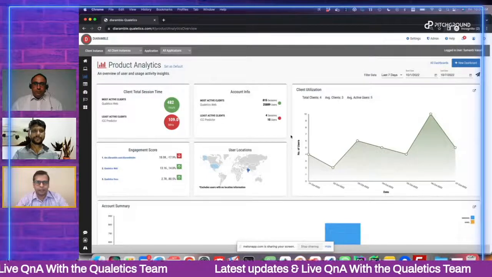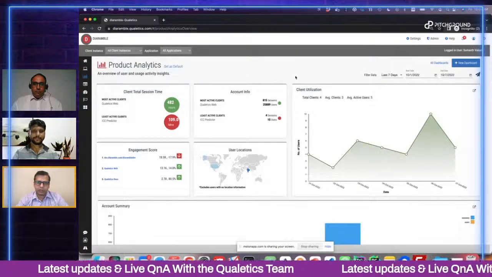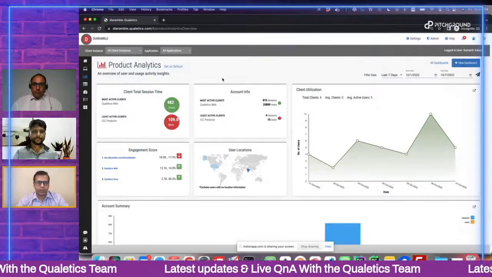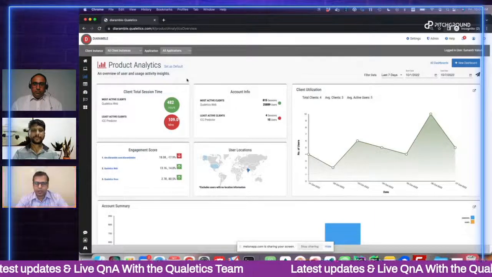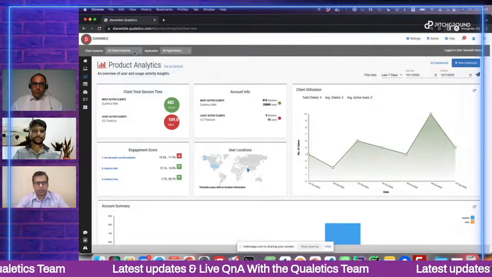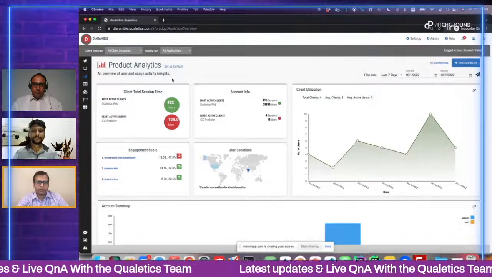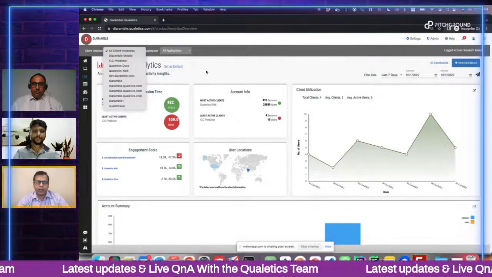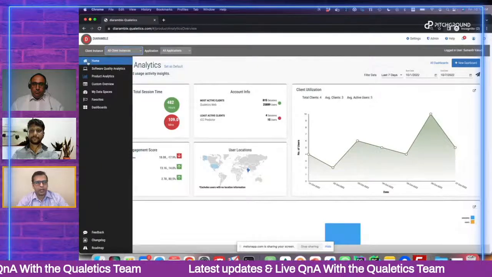Then we've also given several convenience features, such as creating your own preferred home pages, and we talked about that in the last update. So, for example, as you know, Qualetics can be connected to multiple customer instances or development instances, and also multiple applications. What you're seeing here now is an overall platform level view of all your data, and you can also zoom into specific applications that you've connected. Right now, my default home screen is not this master view; rather, it's a specific screen. So if I click on the home page,